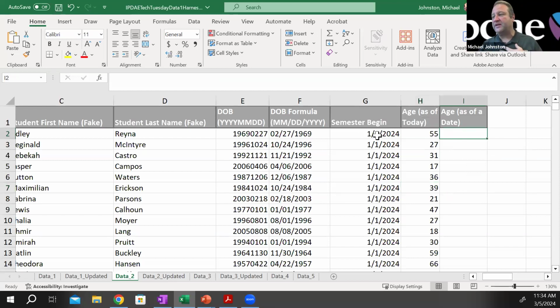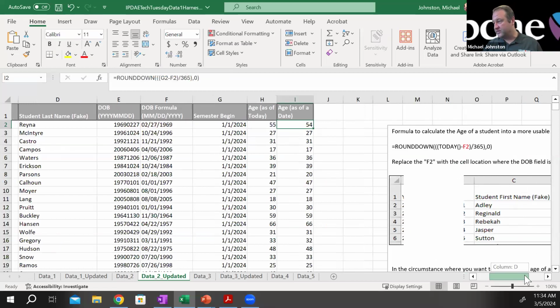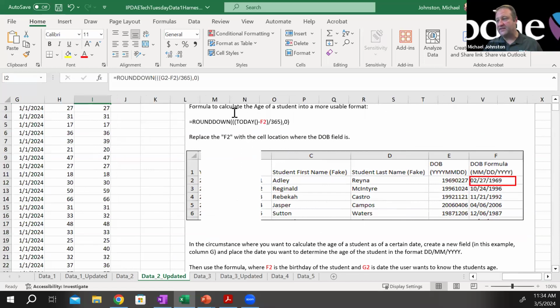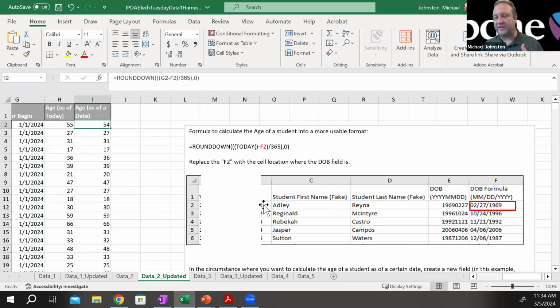But let's say we want to calculate the age as of a certain date. What was the student's age as of the beginning of the semester, which is so important to have? That census date is so important to have. Let's go ahead and try that one out. So I'm going to come over here. I'm going to copy this formula just for purposes of being quick. If you also want to keep this in your repository, I've taken this and expanded it in a picture format for you to be able to use, and also given you the formula here. So I've given you the formula in lots of places. This is going to be your repository,